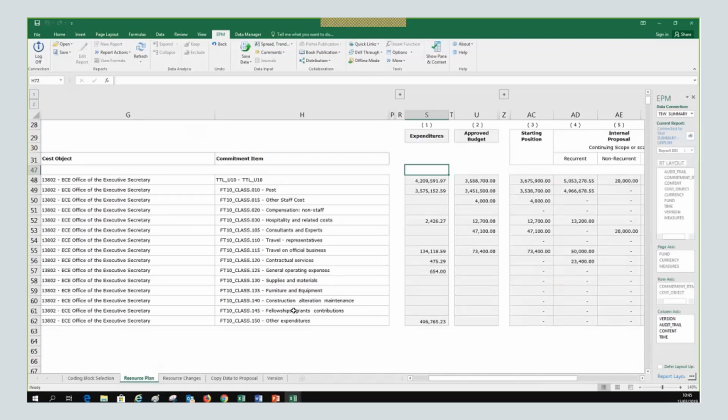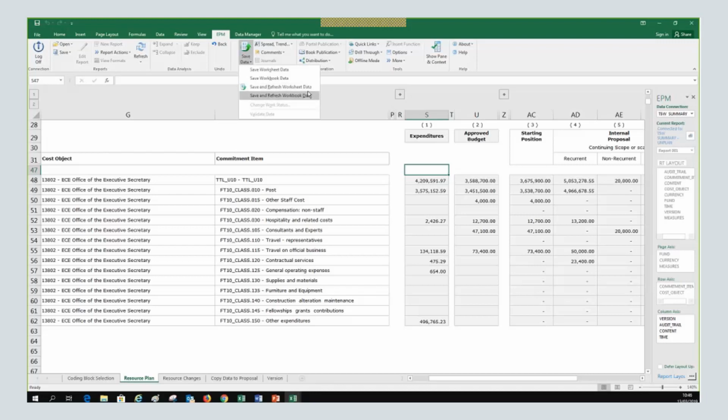Daniel? Yeah, maybe it would be interesting, once you go to the upper menu and save data, to explain the difference between the options you have, because when you click on save data, you have basically two options: save worksheet data or save and refresh.